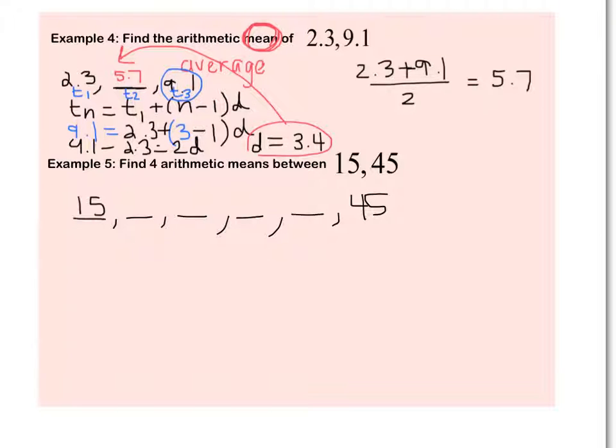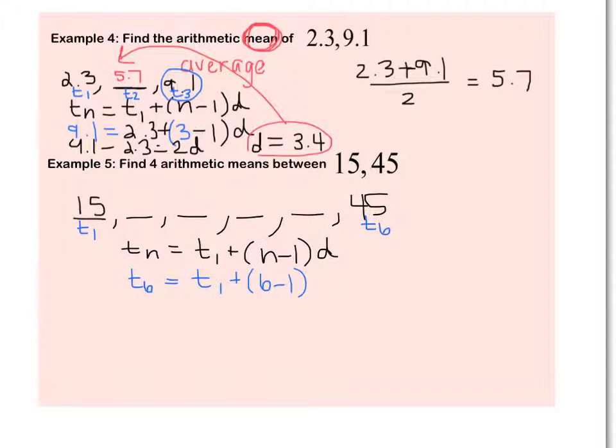So let's start again with the formula. We have Tn equals T1 plus (n minus 1)d. Now I'm going to do what I did before and use the two numbers I am given. So I know T1, and this would be T6. If I use that higher number, T6, so I'm plugging in 6 for both of my n's there,